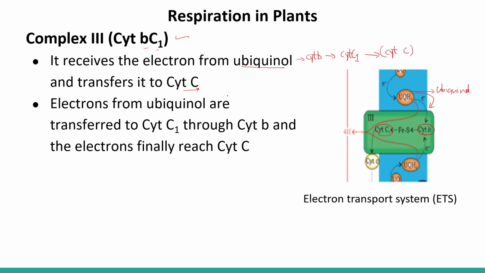And what is cytochrome C? Cytochrome C is a mobile element. It can move. And what does it do? It connects complex 3 with complex 4. Alright, here we have cytochrome C. What does it do? It takes the electron from cytochrome C1 and transfers electrons to complex